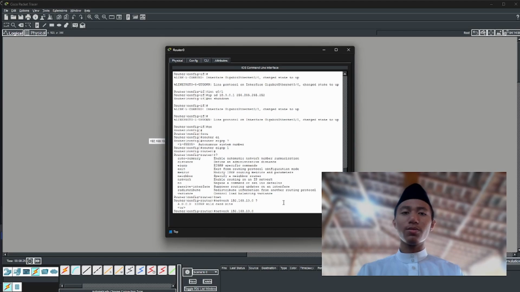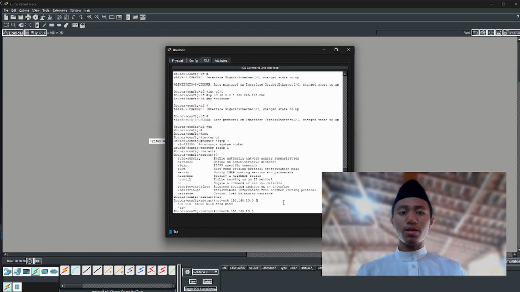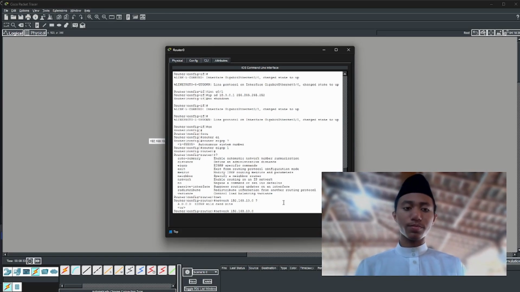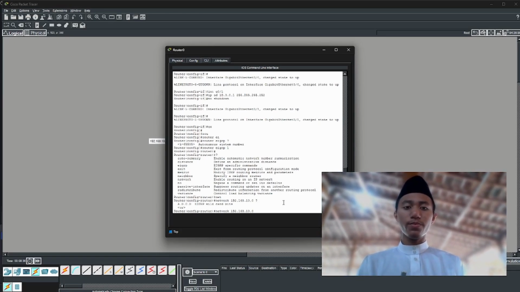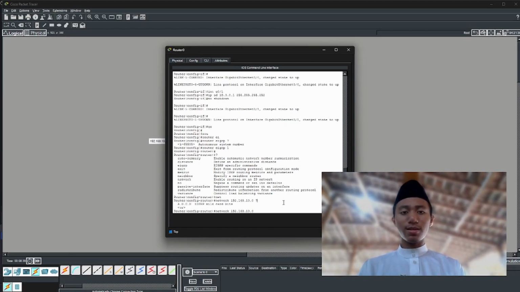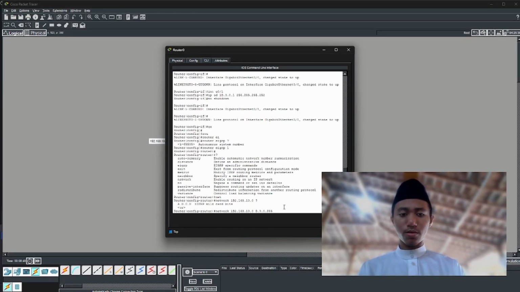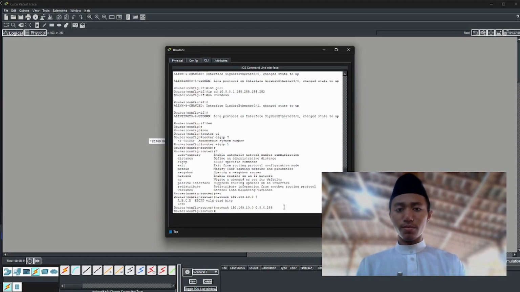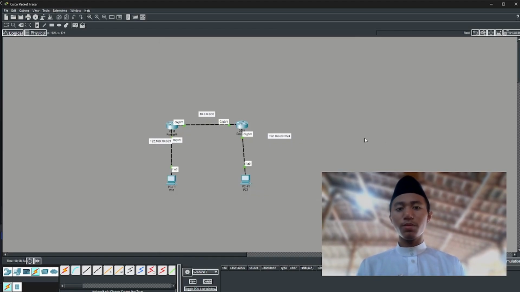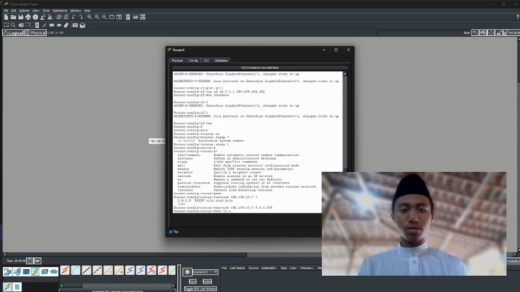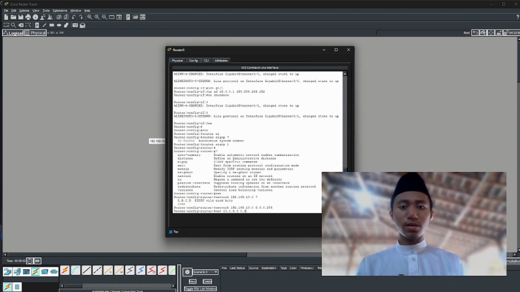The wildcard we get by subtracting our subnet mask from 255.255.255.255. So for /24 we get this wildcard. Then we assign the PTP network, 10.0.0.0, and the wildcard for /30 will be 0.0.0.3.